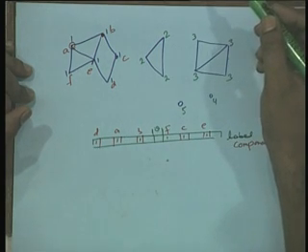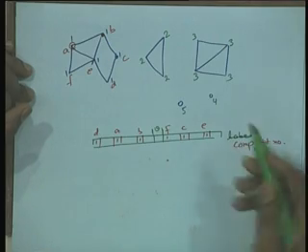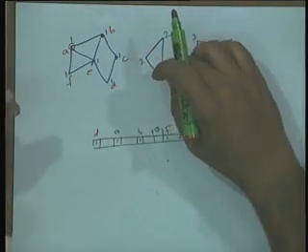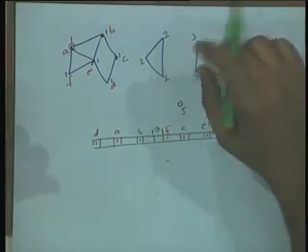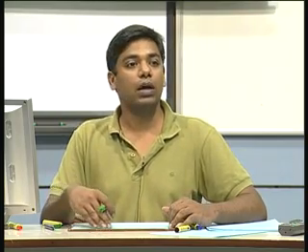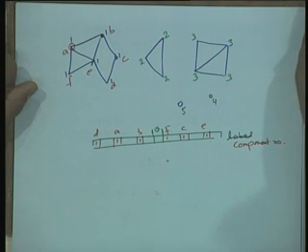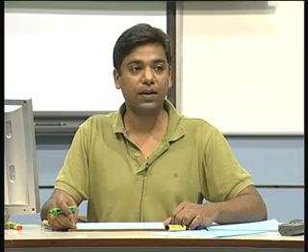Now, what should I do? Initially what are the values that I give to each of these connected component numbers? Let us say initially everything is 0. So, now after I have finished this one BFS, some vertices have a connected component number of 1 and some others have connected component number of 0. Which are the ones which have 0? All of these. And which have a 1? These. Now what should I do next? Pick any vertex with 0. Easier said than done. How do I pick any vertex with 0?